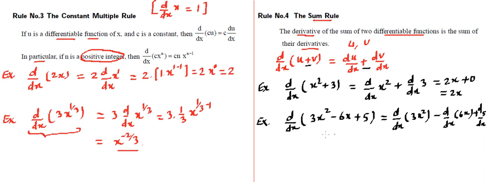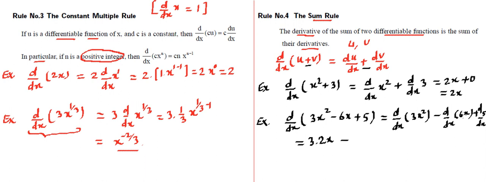I hope it's visible. So you will find that the first term has to be differentiated, then the second term, then the last term, and then they need to be combined. Keep in mind, I am placing the plus or minus symbols where they were. Now here you will apply the rule of constant multiple. You can take 3 outside. Once you take 3 outside, it becomes x square. Then you apply the rule for x square, that will become 2x. I'm writing it directly, you can check this.